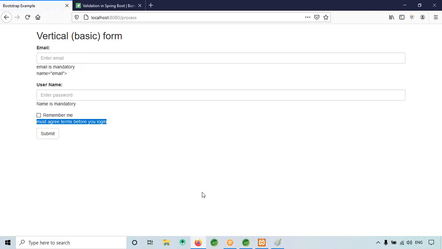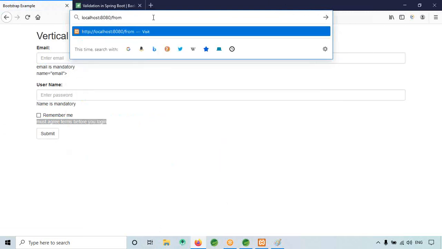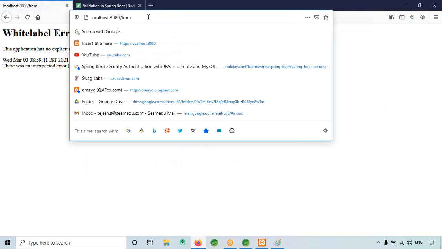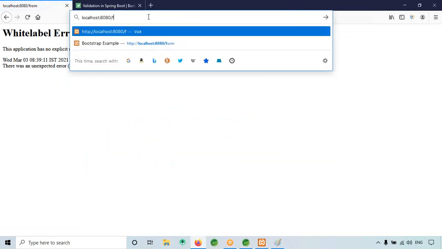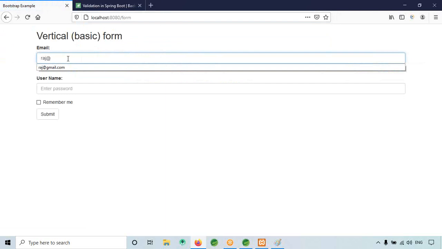Okay, so we have successfully implemented the server side validations. Okay, like this. Now we'll check the form. Here I will give Raj at gmail.com.